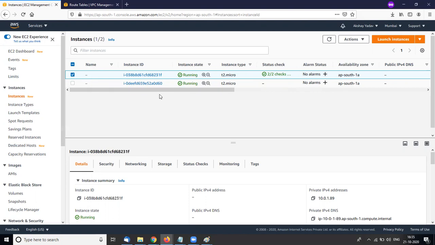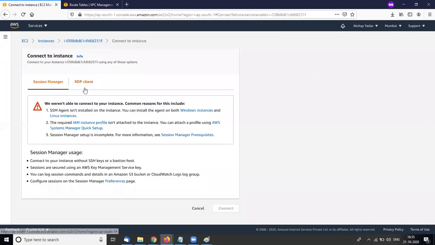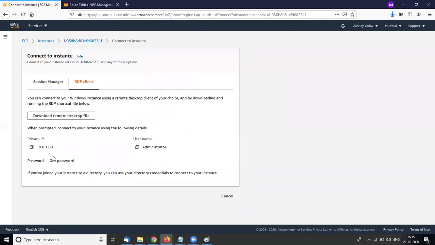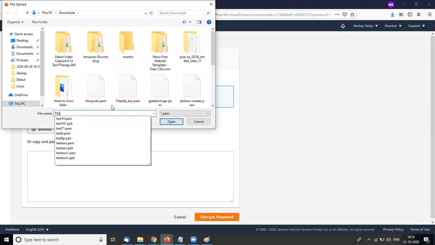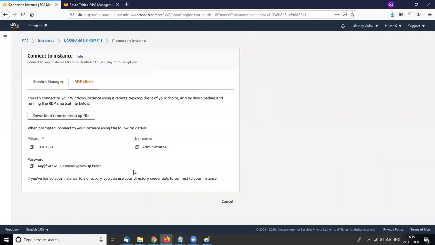So I am just connecting with my server. First, I am trying to connect with my private subnet server. Action, connect, RDP client, download remote desktop file and get password, browse file, test AWS1 PEM, open. I need to decrypt the password, and the password is there.